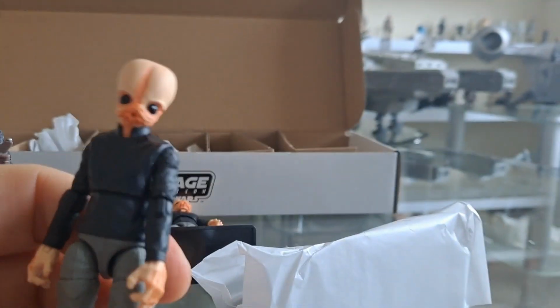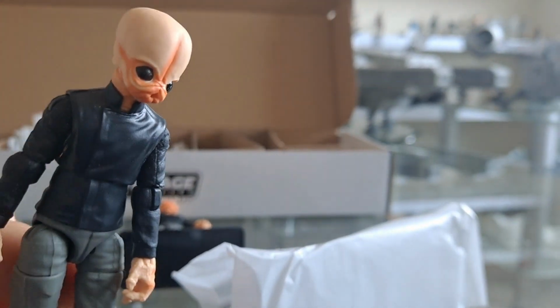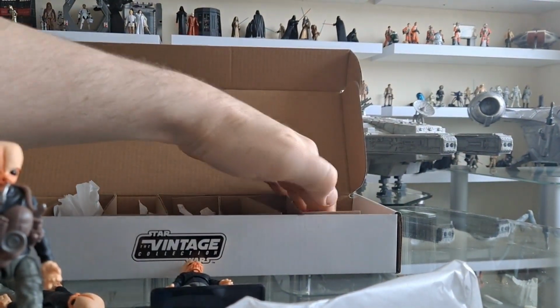And then I've got a spare one for my Jabba shelf. Or even the barge, I might stick him in the barge. I was going to put the other set of 5 in the barge, wasn't I? Right. And in here...